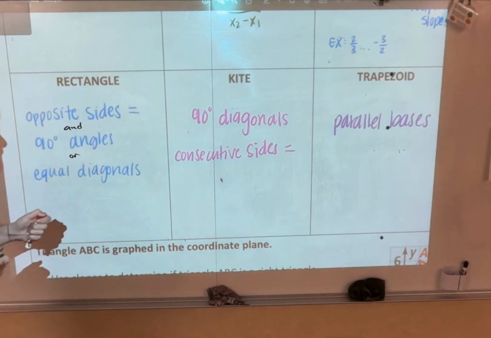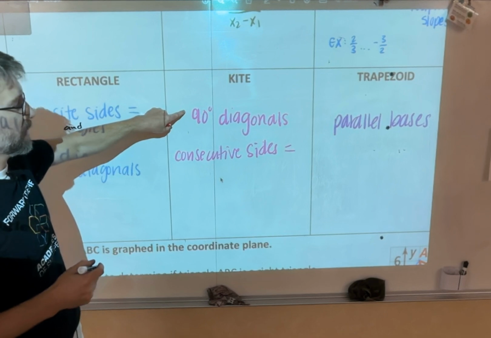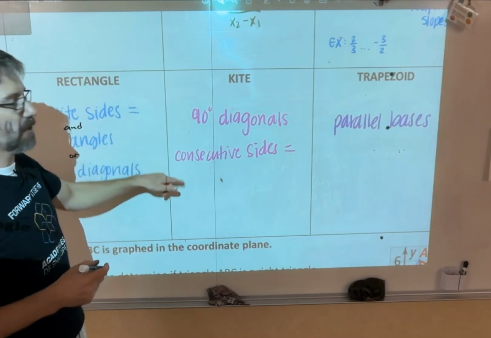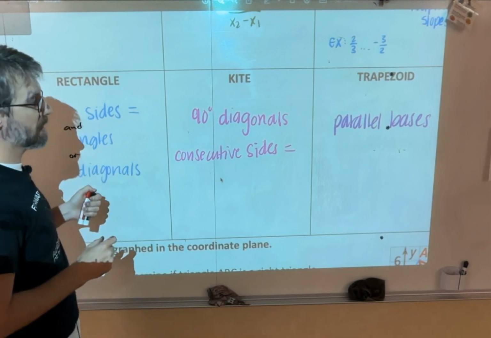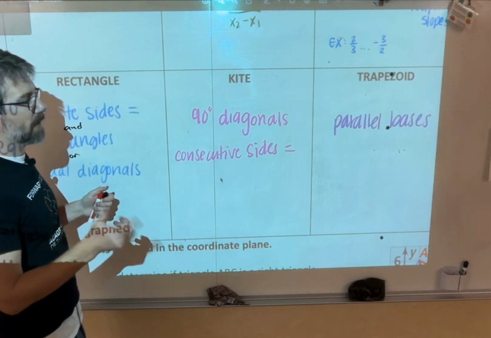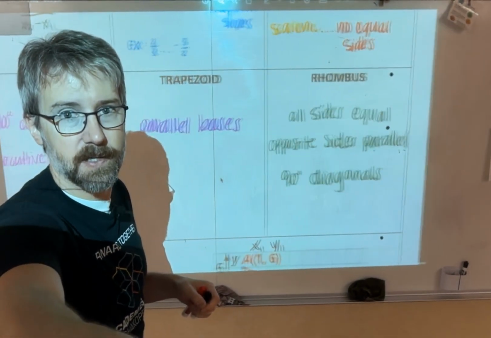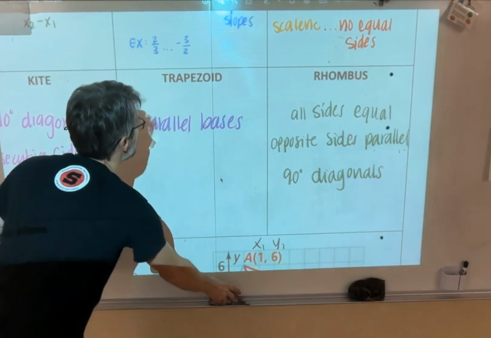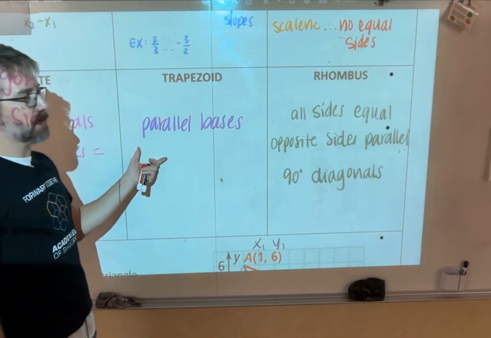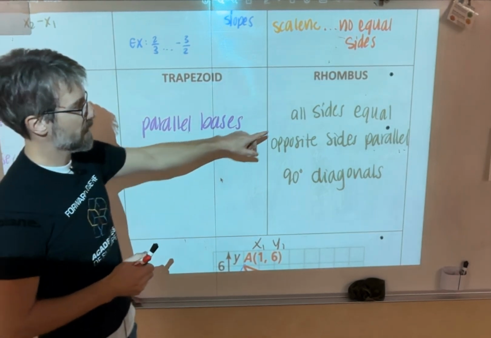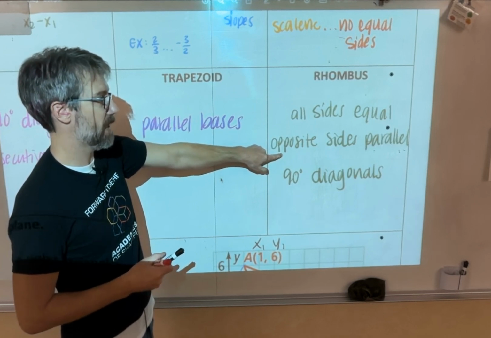With a kite, if we're looking at 90-degree diagonals, if we can show that the diagonals are perpendicular, and we can show that the consecutive sides are equal. Right, so not the opposite sides like with a rhombus or a rectangle or a parallelogram, but the consecutive sides. For a trapezoid, if we can show that the bases are parallel, we know it's for sure a trapezoid. And for a rhombus, we need to show that all 4 sides are equal, the opposite sides are parallel,